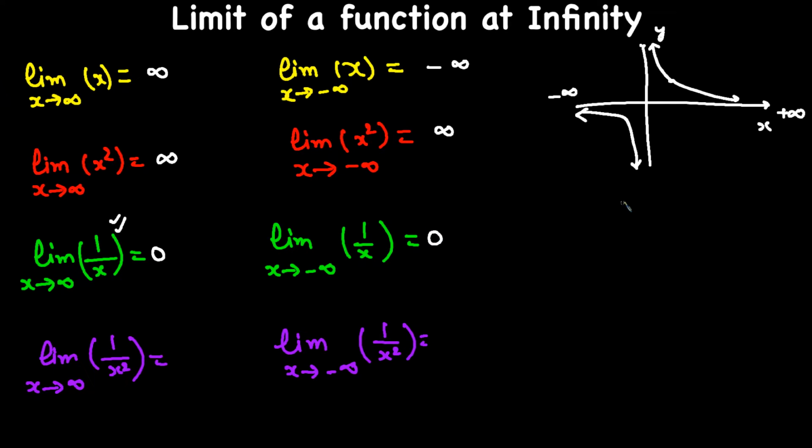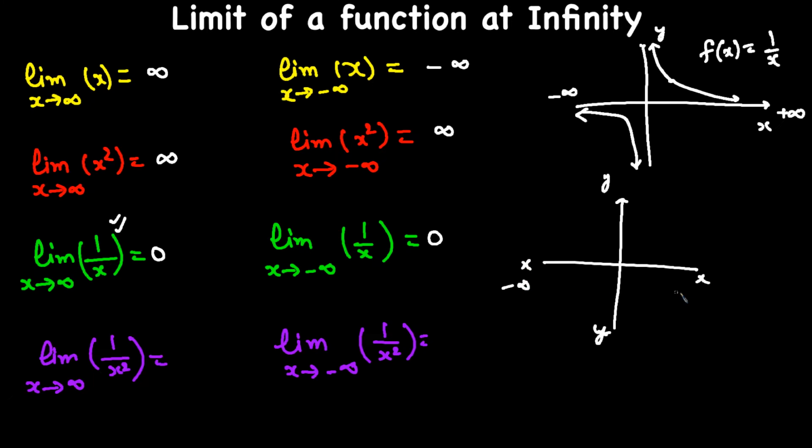And now look at the graph of 1 over x squared. So this is the graph for f of x is equal to 1 over x. Let me graph this side x negative infinity, and this side we are approaching positive infinity, and the function is 1 over x squared. So the graph of this function looks like this,